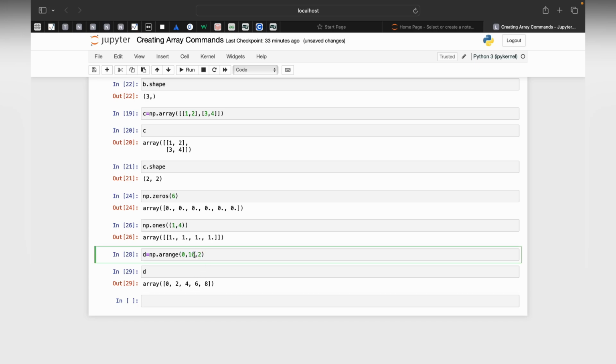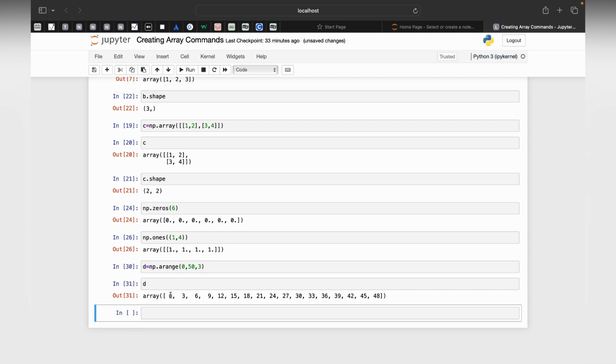For example, if I put here 50 and the step size will be 3, now pass the command. So you can see I get the values from 0 to 50 with a step size of 3. So we are done with the arange function. Now